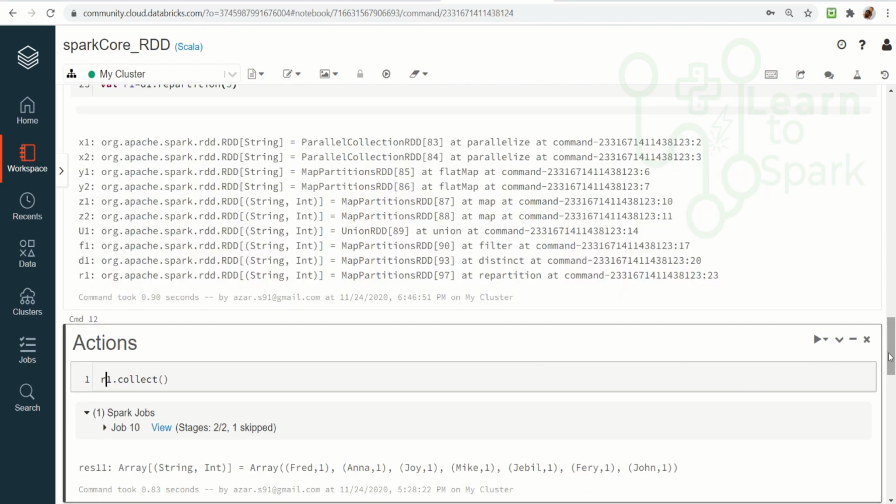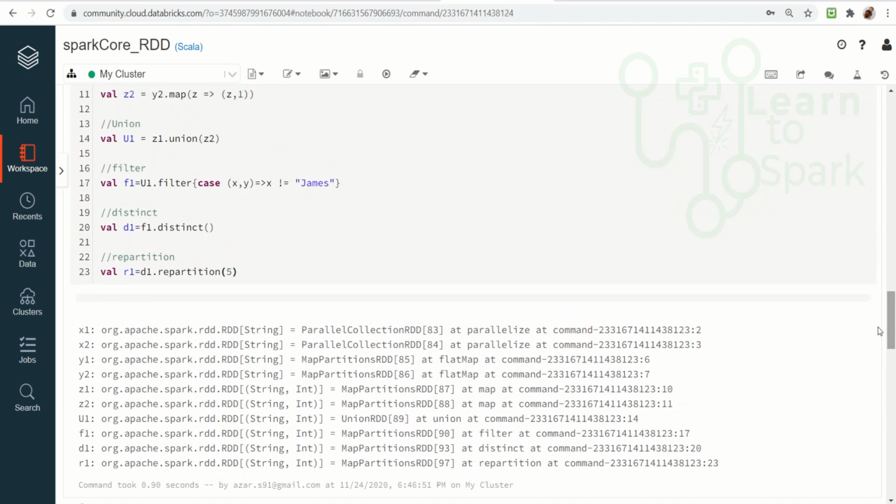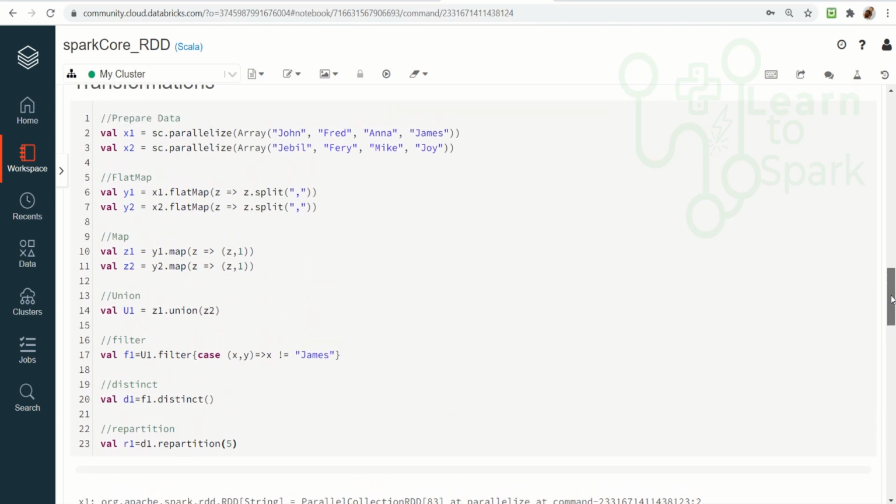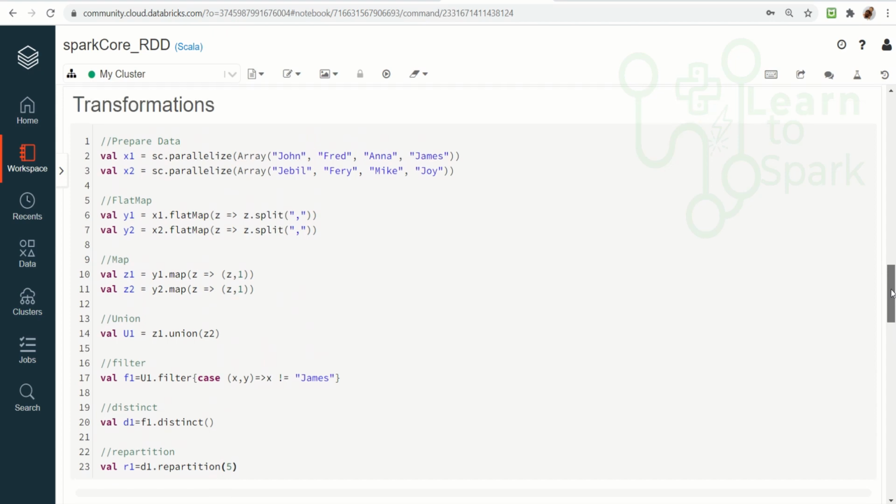Here you can find that even though I have a series of operations, it is not running any Spark job. Only the RDDs are getting initiated, and it will find a lineage for that, like what is the parent RDD and what is the end result RDD. Other than that, it will not touch any data that is lying around in the distributed data.